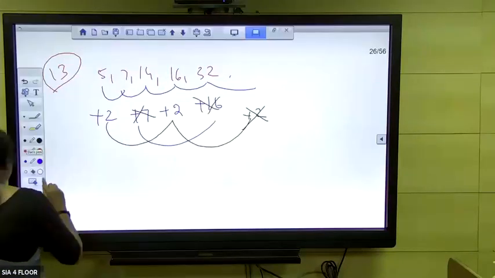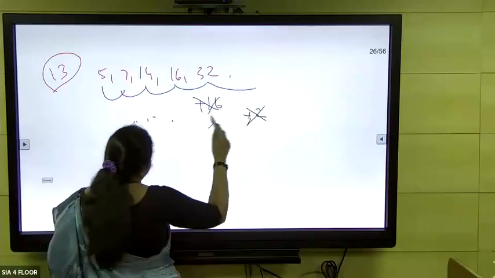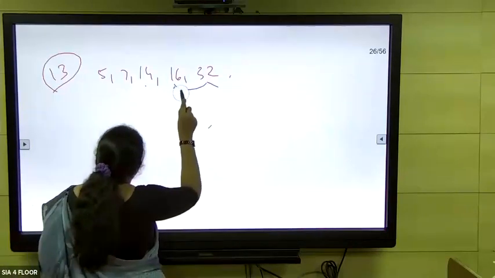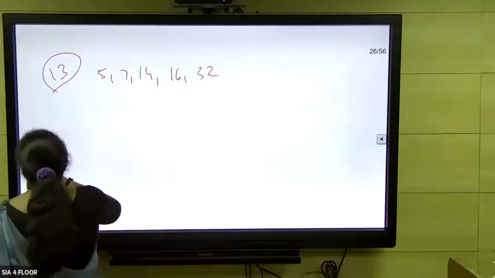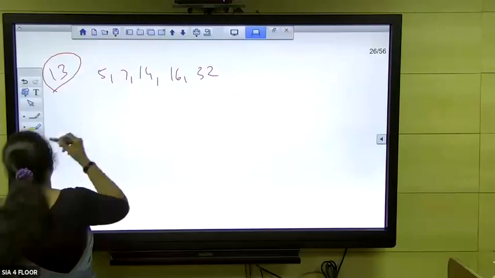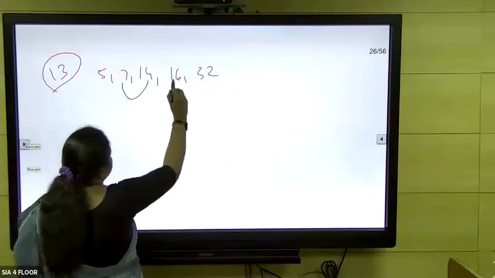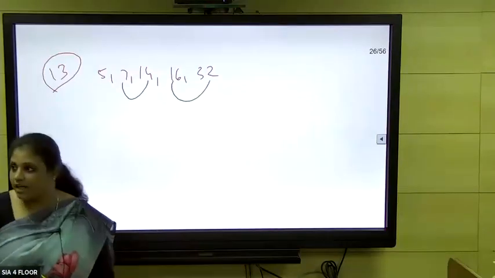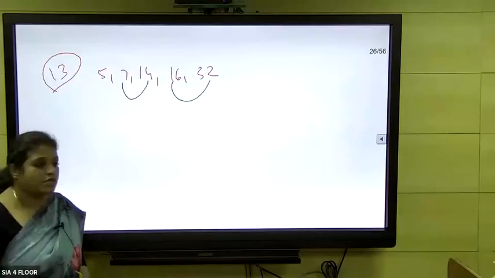Fine. So I'll erase this one. Since I don't find logic in this way, I erase this one. Okay. So I'm just looking at the multiples. I'm checking whether there are any multiples or not. Yes, these two I can connect. 32 is a multiple of 16, so I'm making it a pair. And then 14 is a multiple of 7. I'm making it a pair.